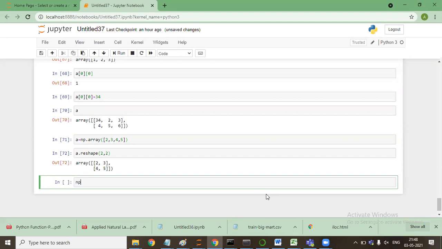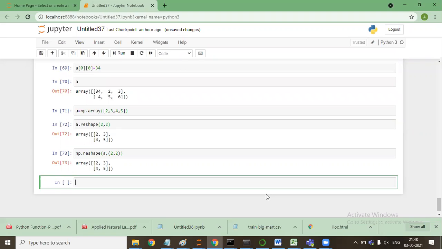The second way is np.reshape(A, (2, 2)). It will reshape this as well in a similar way.